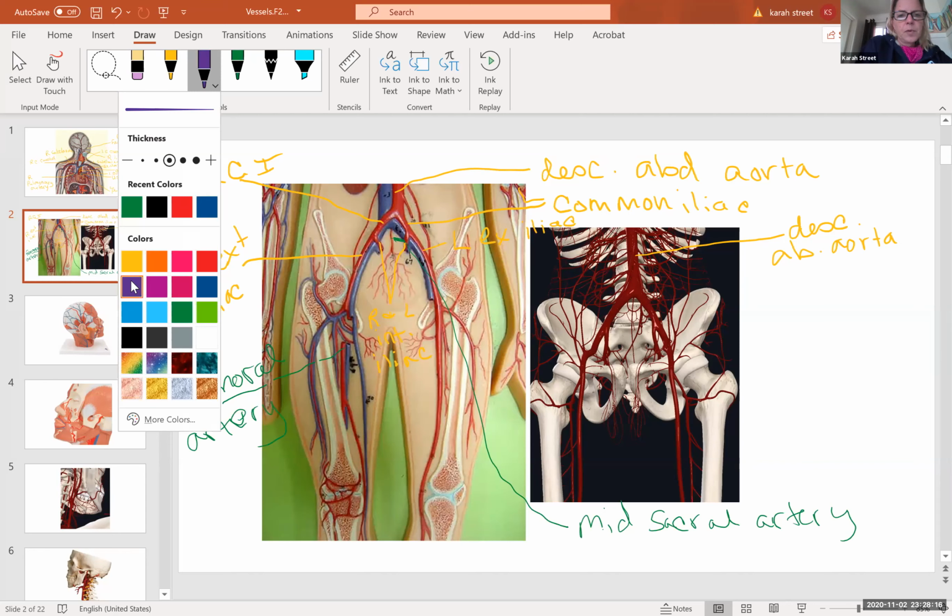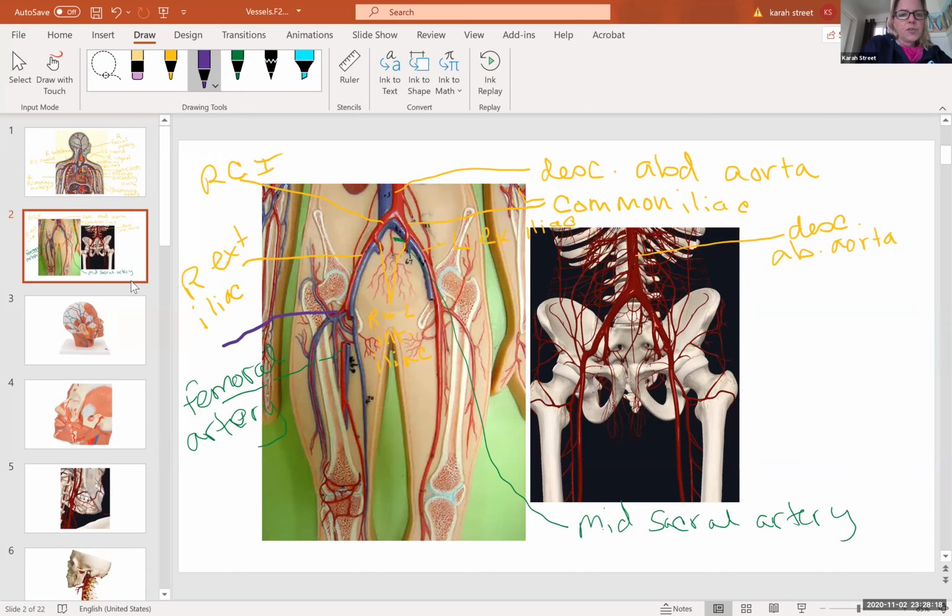So the deep femoral artery would be that branch right there. And I have another picture of that, a more up close picture that I can show you, and specifically right here, that would be the left deep